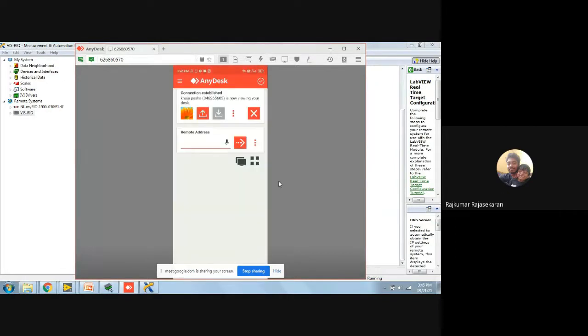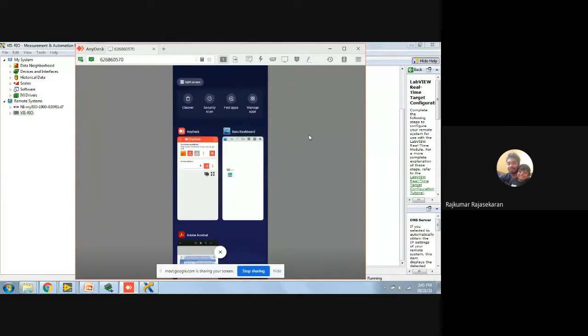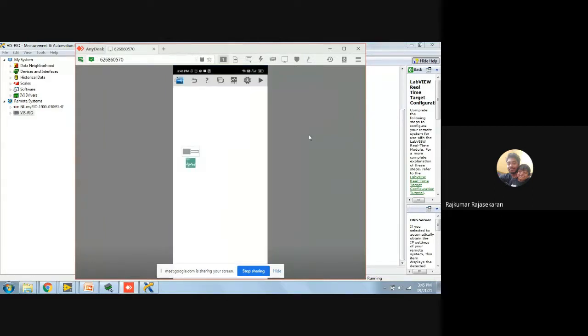And my cell phone is available. Okay, I'll come back here. So this is like your front panel app. This is called Data Dashboard, with which you can communicate to your myRIO. You can send data, or you can receive data as well. Right now, you're going to control this motor via this app, on or off.